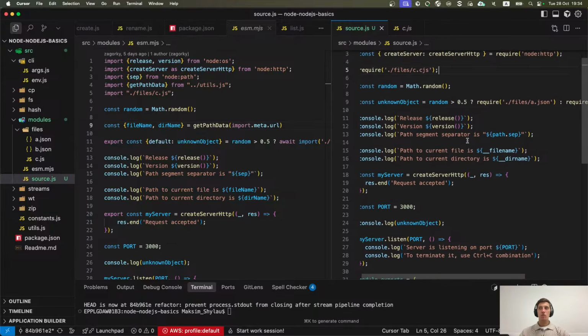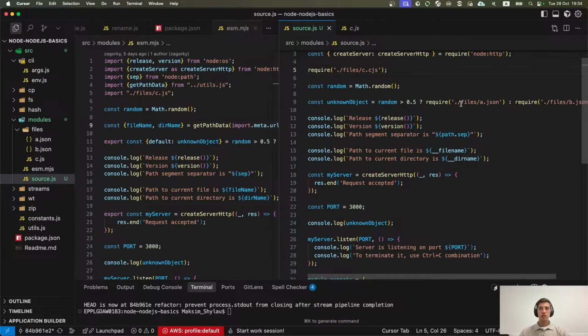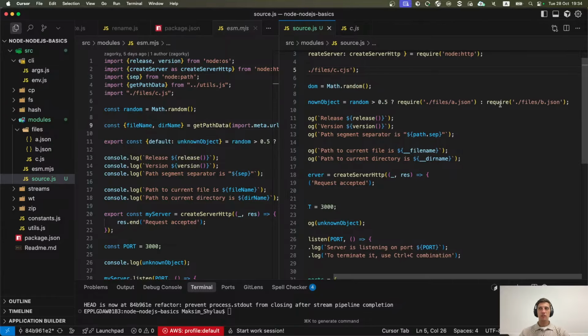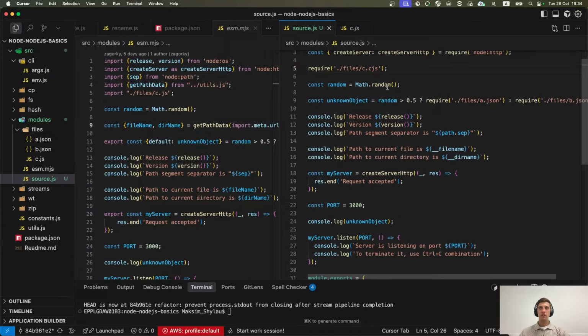Okay, so the first challenge was about importing a certain JSON module conditionally. We have the Math.random API call, which returns you some random value. Okay, it's not random, it's a pseudo-random value. I mean, it's not cryptographically random, which is important to know if you build systems where you need really random numbers.